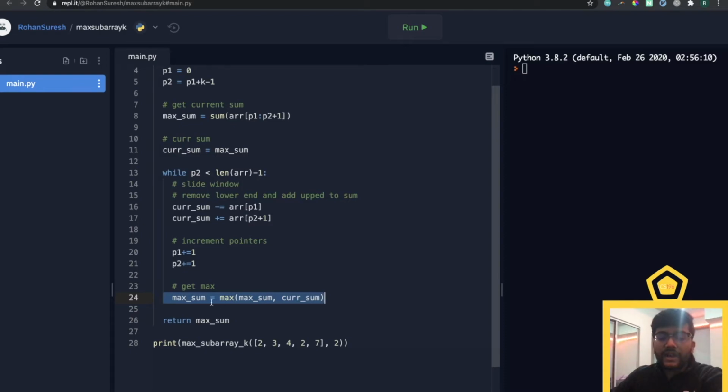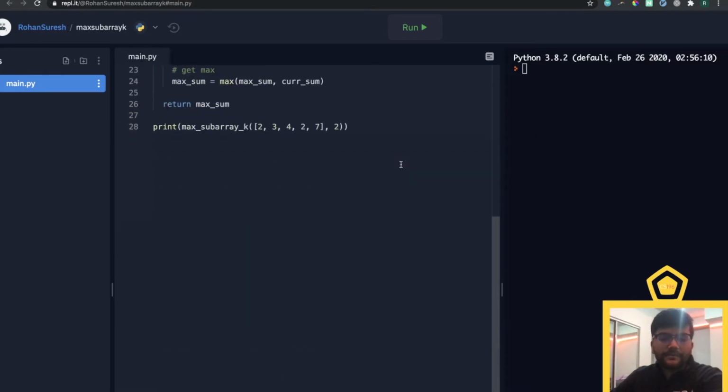Very, very easy. The difference between mine and Sammy's code is that Sammy doesn't initialize his max sum array. He does an if statement instead within the loop. Both will work. I like this way more because if statements take time in code. Anything in code takes time, but if statements take time because you have to have 2 different branches open. So I like to do some beforehand, but both of them will essentially be the exact same speed, exact same runtime. And now if we run this code,